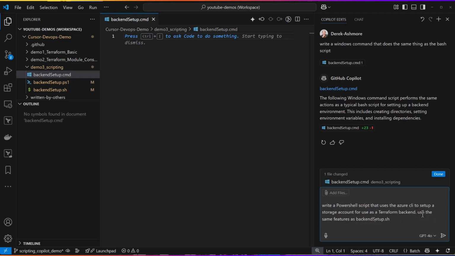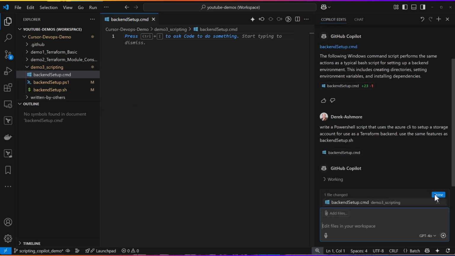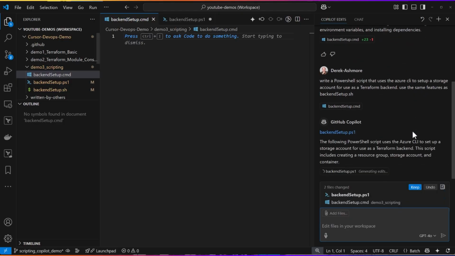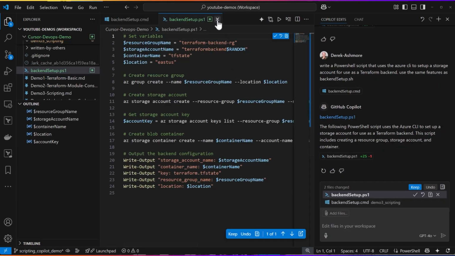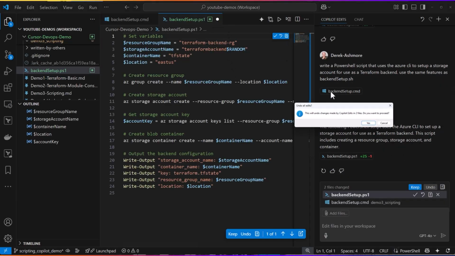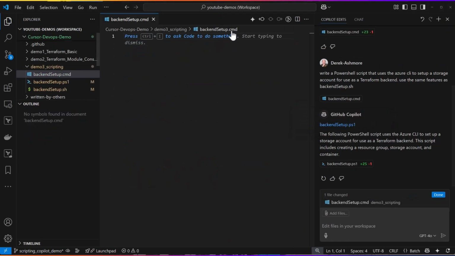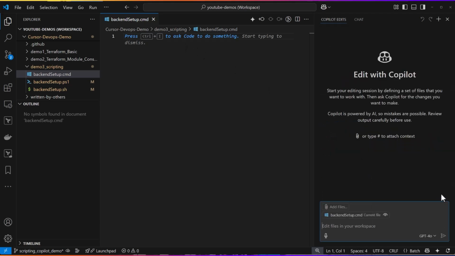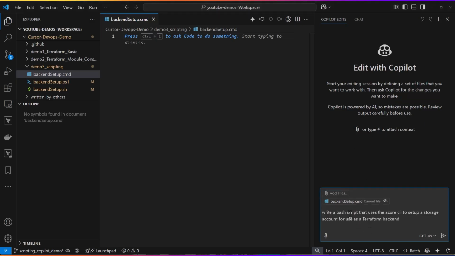I'm going to tell it to use the same features as backend setup.sh. So I'm going to give it an explicit file name. We are going to undo this. I screwed up. What I really wanted to do is, let's go ahead and try this again. What I really wanted to do, instead of the PowerShell,